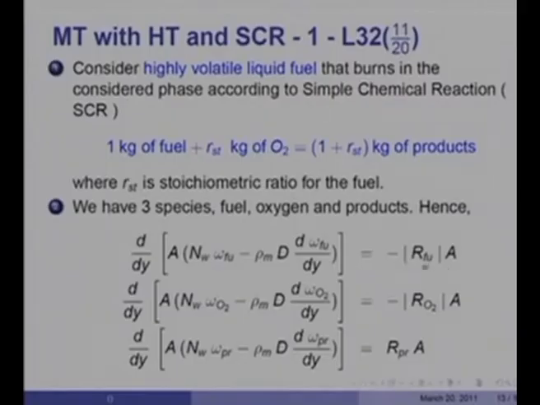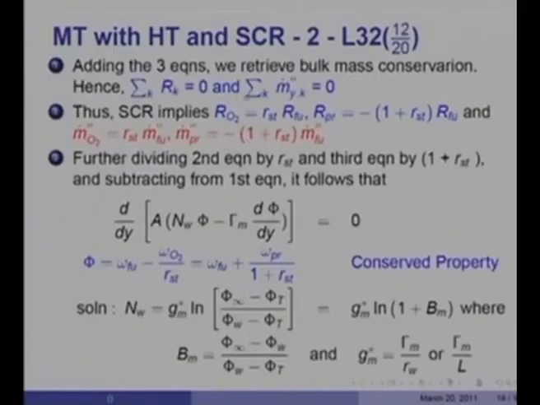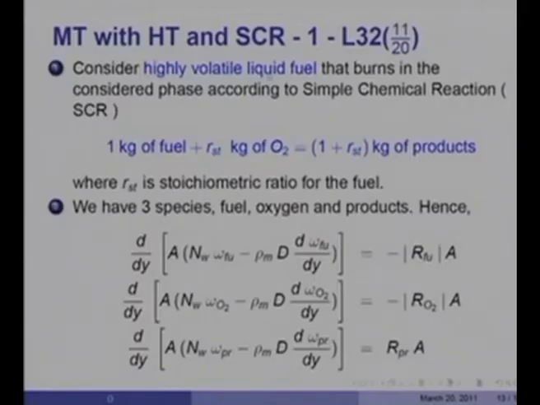Therefore, I have said magnitude of R_Fu with a negative sign. Likewise, oxygen too would deplete, minus R_O, whereas the product would increase, and therefore, it has a plus sign in front of it. So, we have three equations because we have three species with three mass transfer equations. If we add the three, we must retrieve the bulk mass conservation equation, because the sum of the fuel, oxygen and product mass fractions will be equal to 1. So, d1 by dy would be